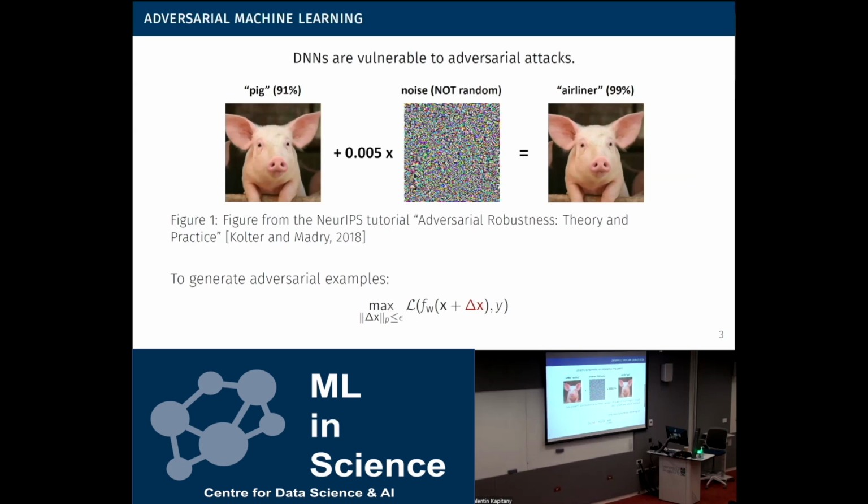But to generate an adversarial example, all we need to do is add this term delta x. That's a very small perturbation. We just constrain this perturbation to have an Lp norm smaller than epsilon. So it's a very tiny amount of perturbation. We add it to the original input. And now we want to optimize this delta x to make this loss as big as possible. If we can find such a delta x, that means our loss becomes huge,